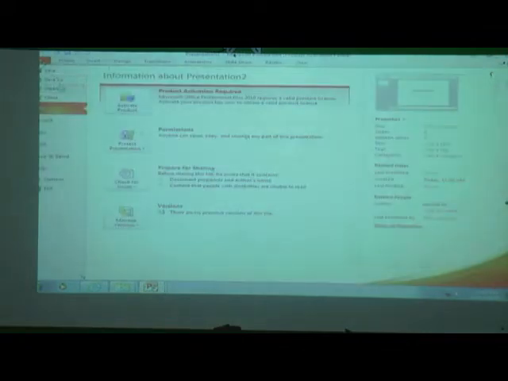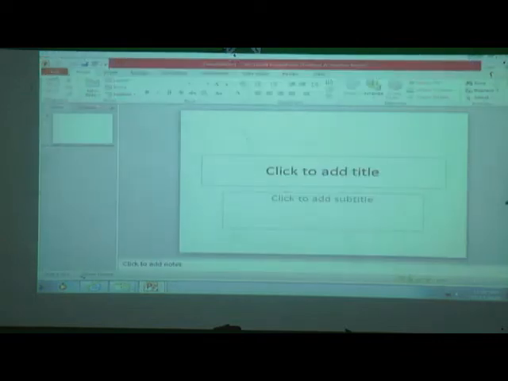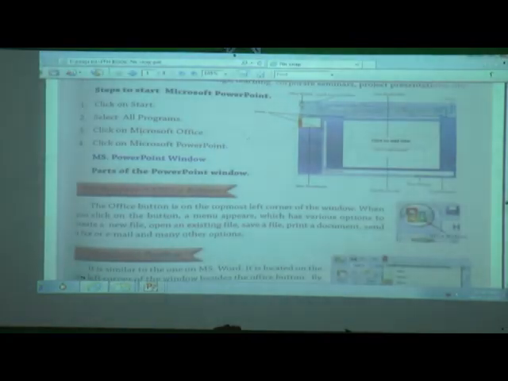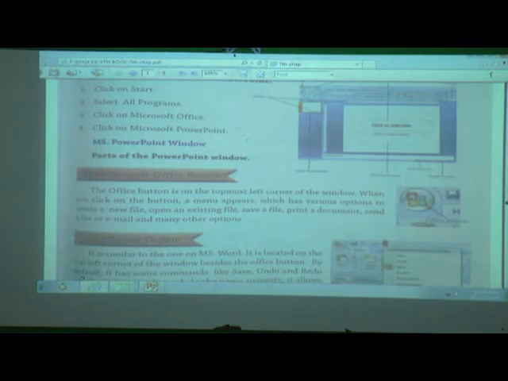Save as, open, close, send, new. These all options are here. Where? In the Microsoft Office button. In the file option. Clear everyone? What is the use of Microsoft Office button?